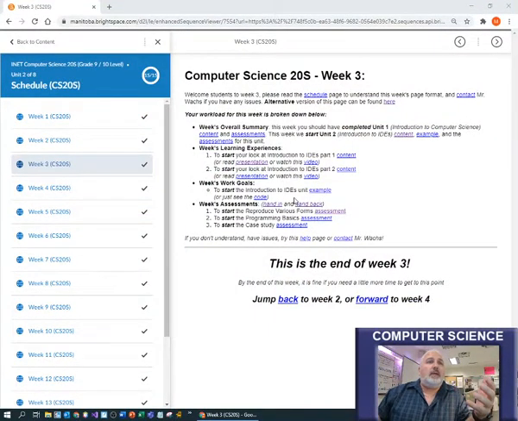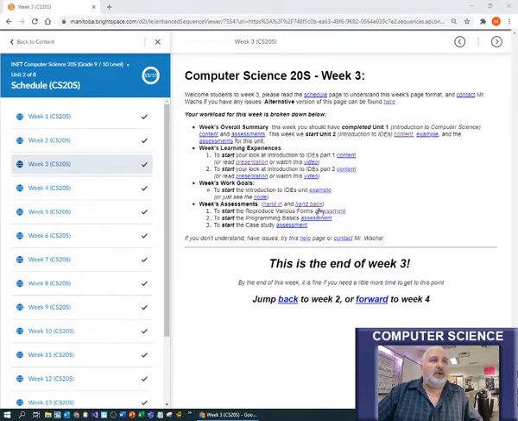So this week you will probably complete Unit 1, the Introduction to Computer Science. It had some theoretical assignments and 2 Scratch assignments to introduce the concept of programming to you. And now here in week 3 we start our next introduction unit, the Introduction to IDEs, or the Introduction to